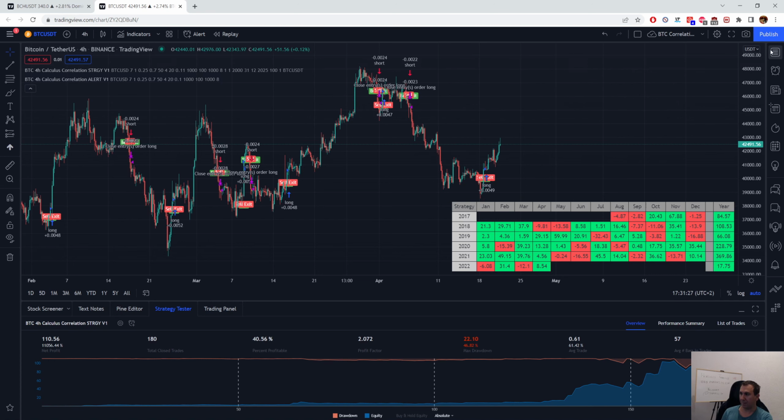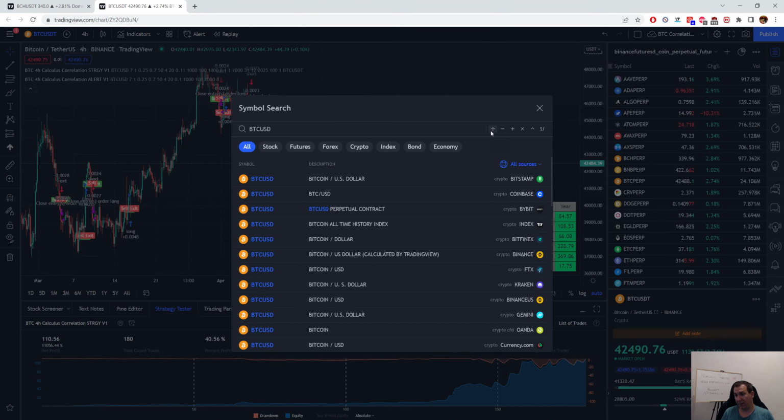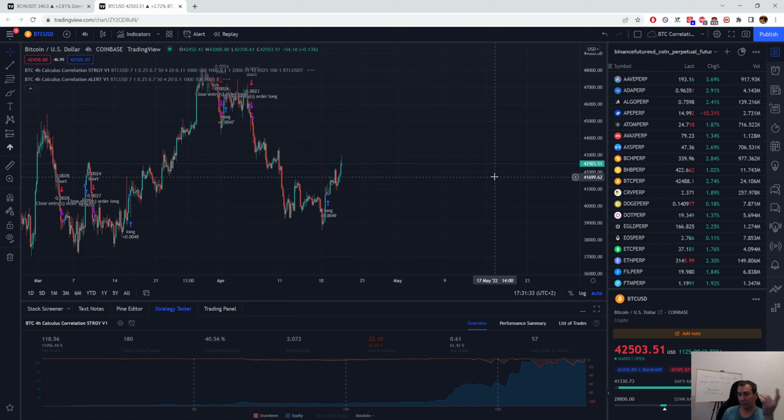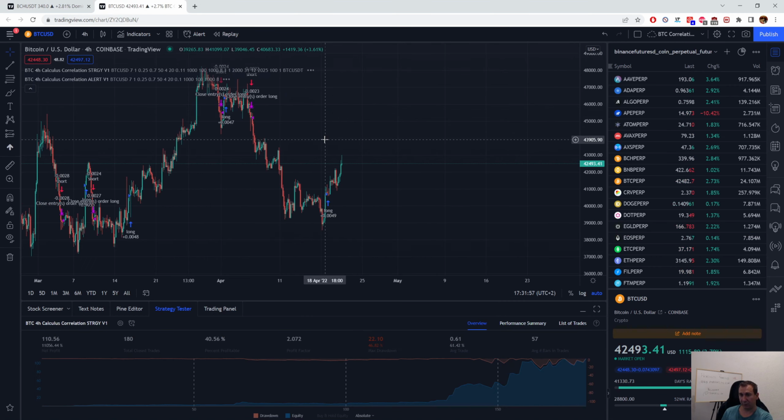Having said that, I decided in the end, why not? I'm going to use this correlation with other crypto pairs which are following Bitcoin. Initially I was doing this manually, but later I looked more and more into it, and I found out that there are more pairs that actually do that. And I'm applying the same logic as with Dominus, but in this case, instead of using 30 minutes,